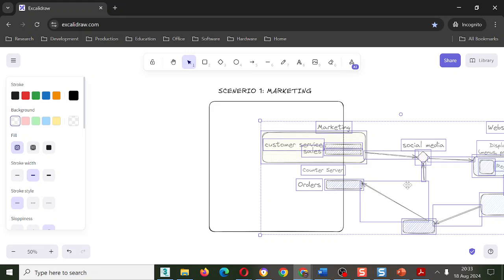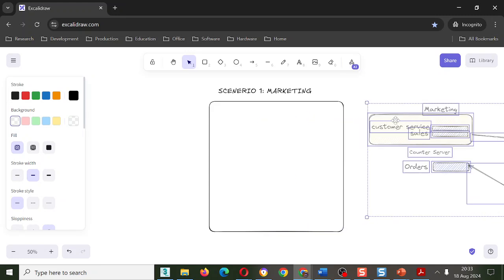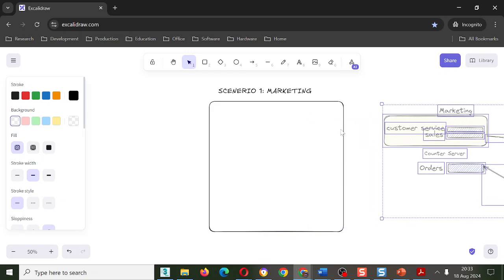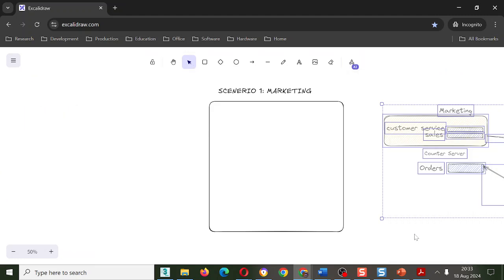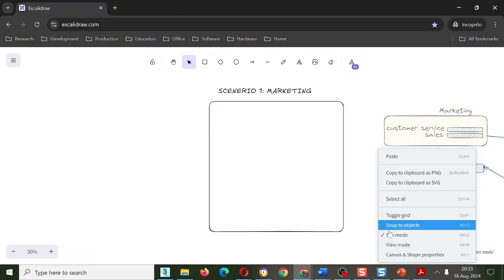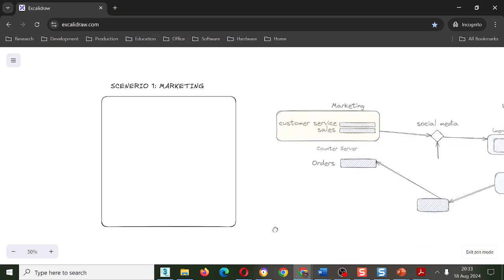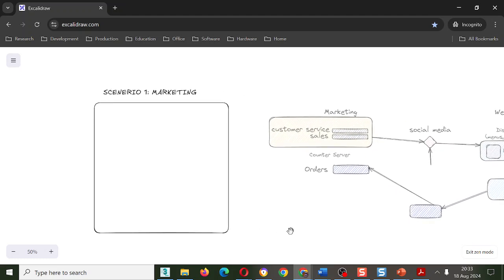Let's move this sideways. Yeah, and then I will just scroll. Zen mode. Just scroll this way. Okay.